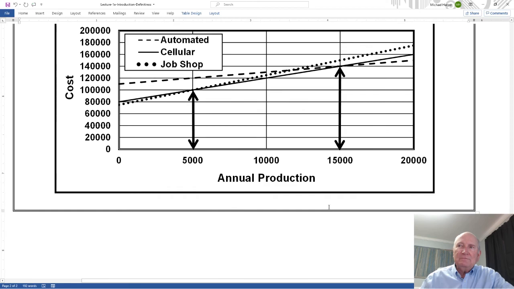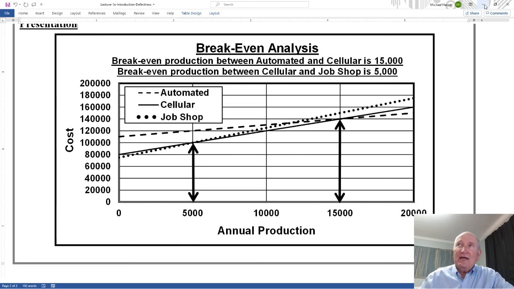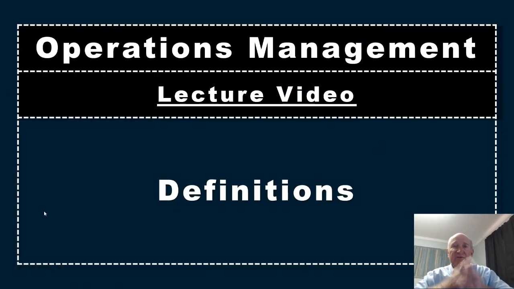So that's all I have for this. So that's all I have for the definitions and the introduction to this course. We're going to have a lot more, but this is a beginning. It shows the definitions, it shows the problem-solving approach, and we'll be putting these together as we go through with the